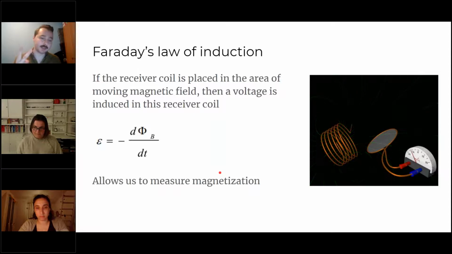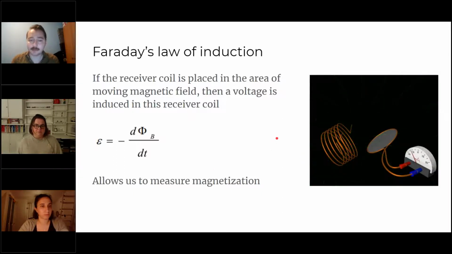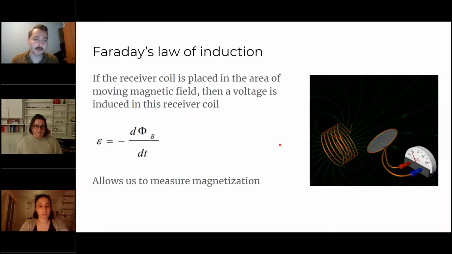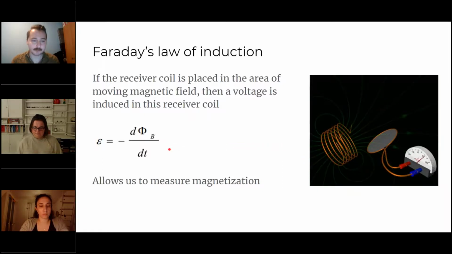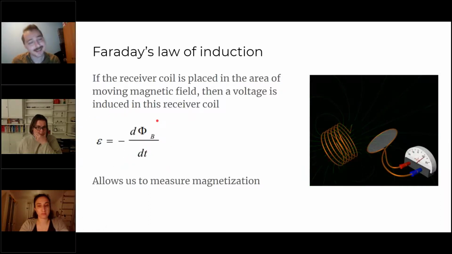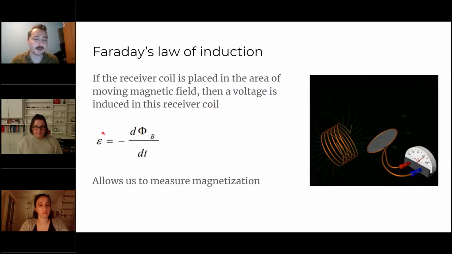Now, the second ingredient we need is a way to actually measure this, because what I talked about is magnetization, and we need some kind of electric signal that can be processed. Luckily, Faraday's law of induction gives us a way of actually measuring this. There won't be many equations. In fact, I don't think there will be any more equations, but this simple equation is just Faraday's law of induction, which means that whenever there's a change in a magnetic field,